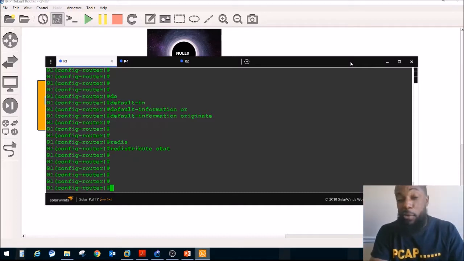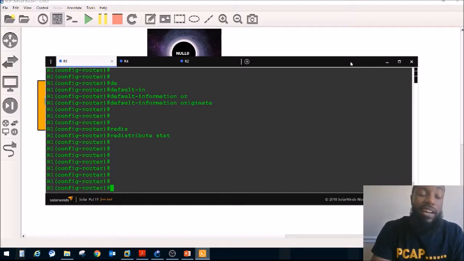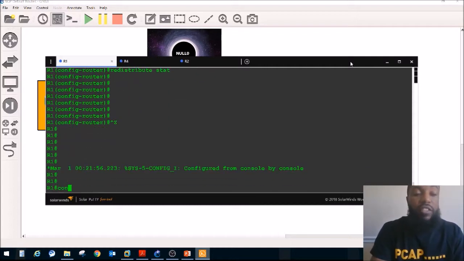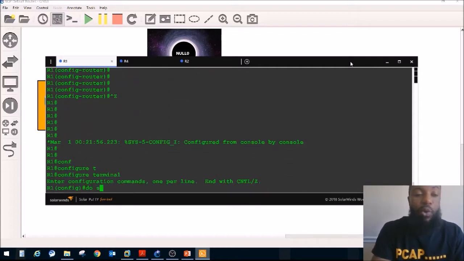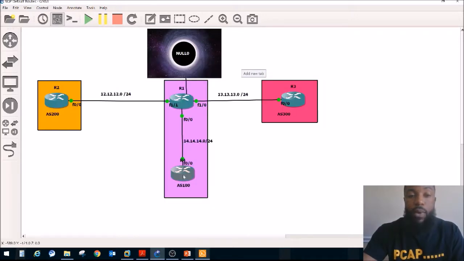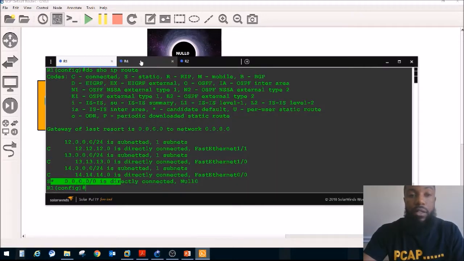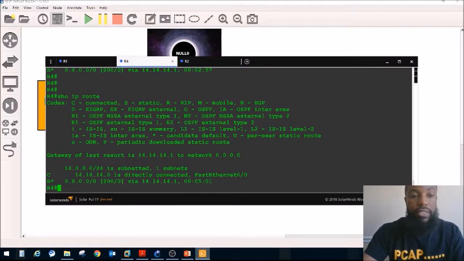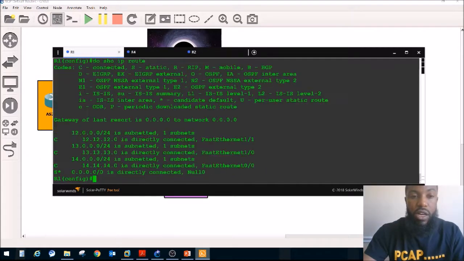Yeah, I'm that old. So let's try the network quad 0 first. Let's go back into enable mode. We're going to go to configure terminal, right? Let's prove that the route is in there. Show IP routes. There is a static route for router 1. Let's go back to router 4. You'll see it's not in there anymore, right? Show IP routes. Oh, it is still in there. What did I forget to remove? I think you'd have to remove the static route, which we did, but